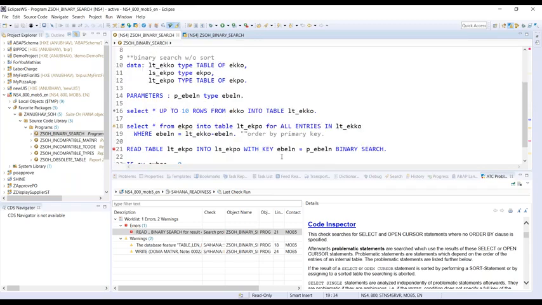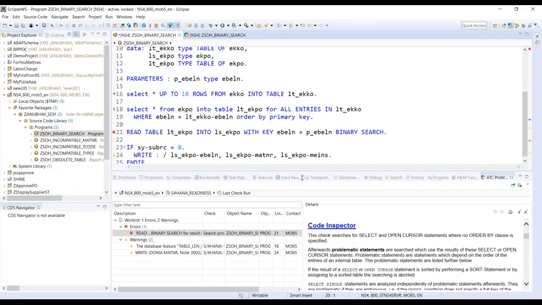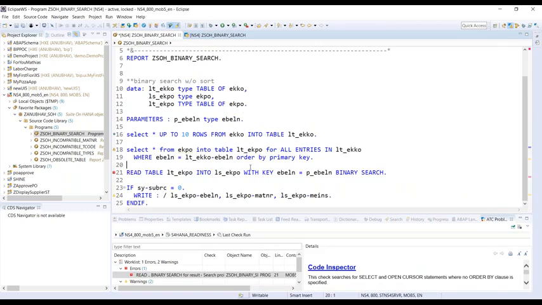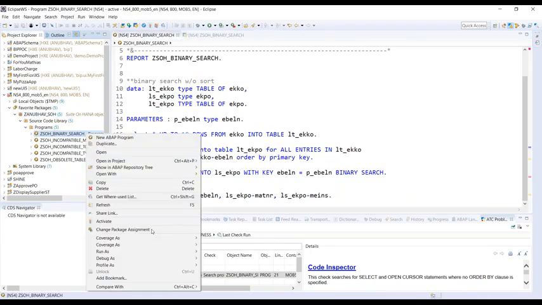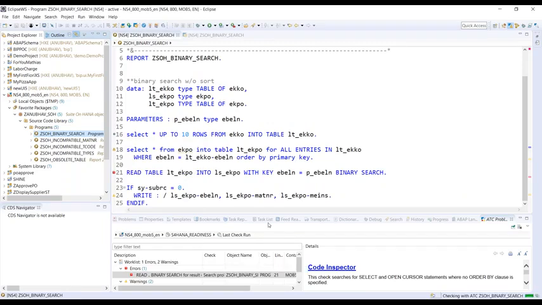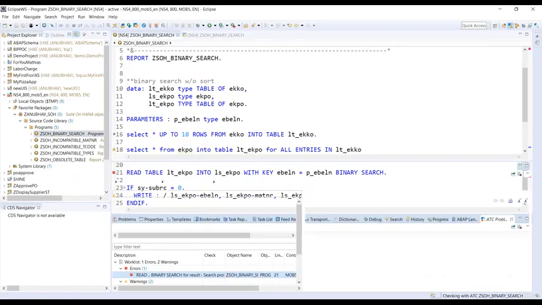And now I will make it compatible to S/4. In fact, this is a compatibility for HANA, guys, or any DB. I just added this statement, order by primary key. So the data will be fetched now in sorted form from the database table, and then it makes sense to do a binary search over here. This is the same example we have seen already in the past as well. So I save this, activate, and again run that check. Right click and I say Run As with S/4HANA readiness, and let's see what happens to your finding now.